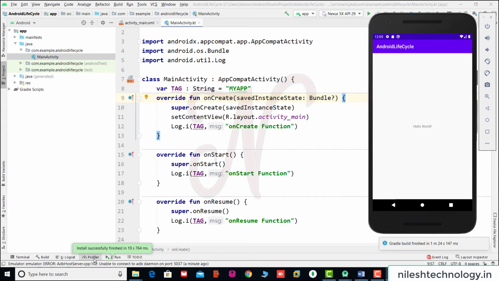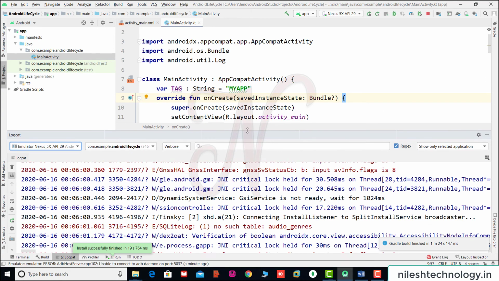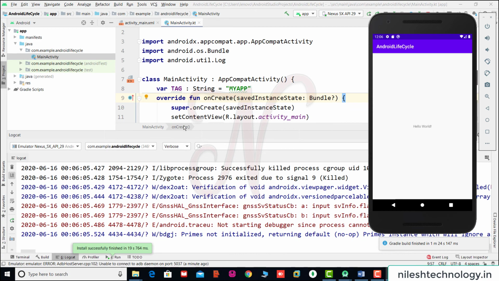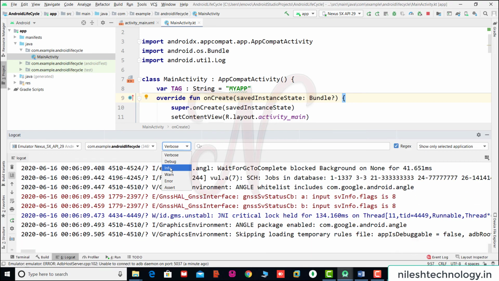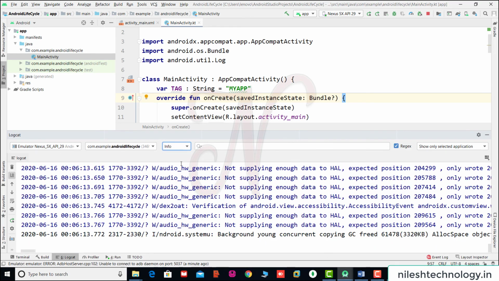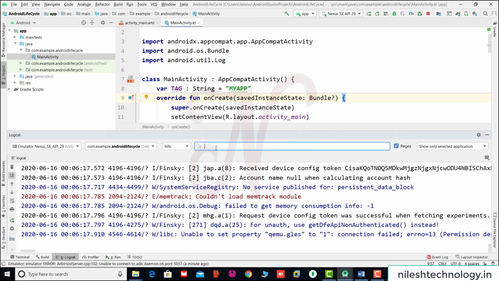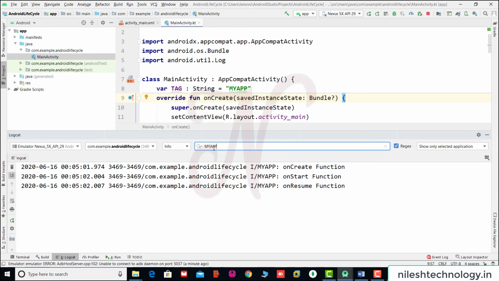Here we open this Logcat. This is your Logcat, this is your emulator, and in this Logcat we use Info because we use the Log.i message. Here we search for the tag string name, MyApp.